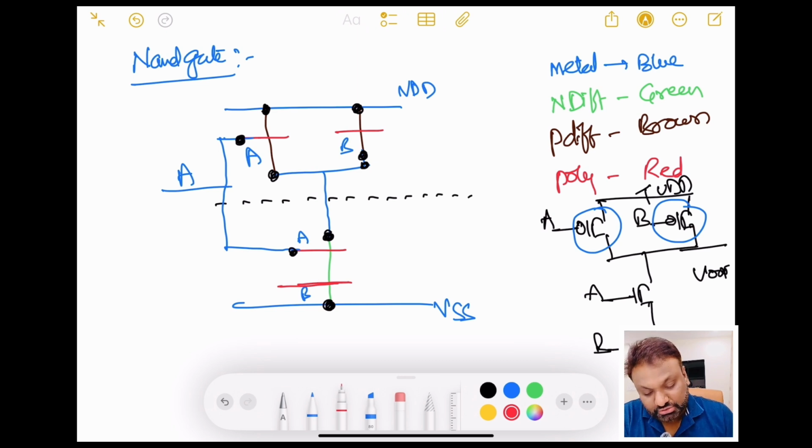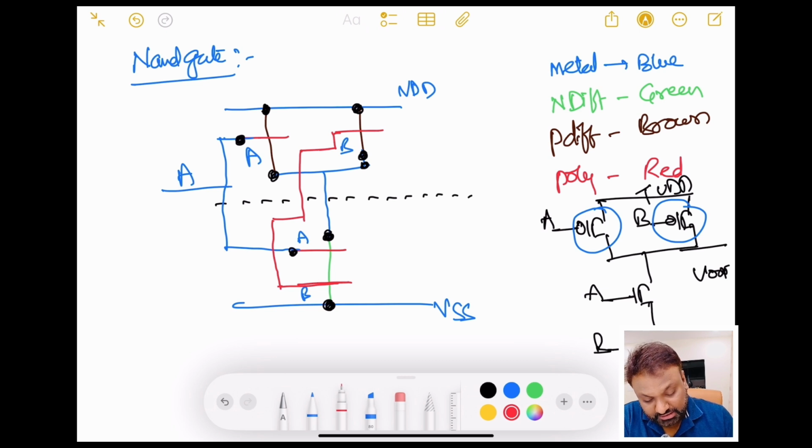Okay, so we need to take care that the polysilicon red is not crossing the red. So directly what I can do, I can take a red from here, from blue, and I will take it from blue again, and I will connect it to B. Okay, so this is the stick diagram of the